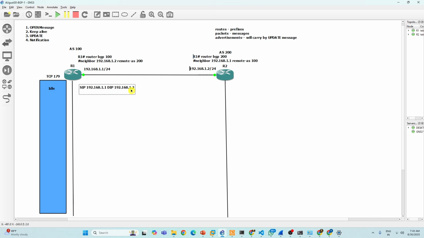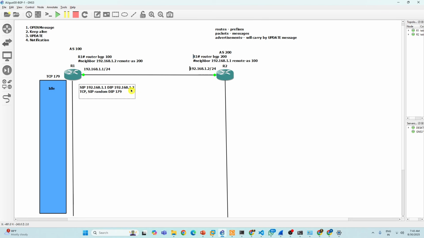Now, the next layer is TCP. In TCP, the source port is random, and the destination port is 179, because BGP uses TCP port number 179. Everyone understanding this?